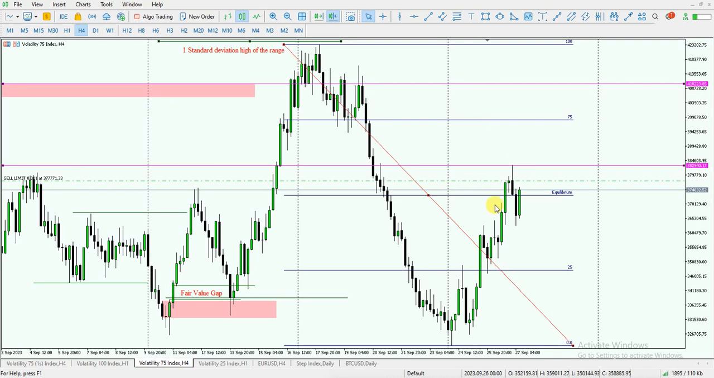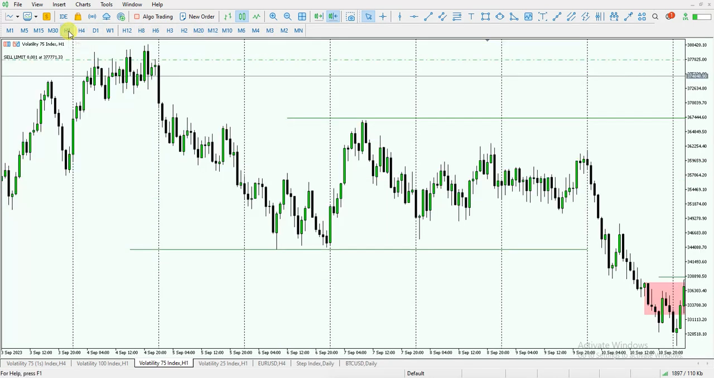Okay, now price trades above 50% of our dealing range. And what are we expecting? What I'm expecting is for price to not go further. Now let's see, after price traded into the 50% of the range, we had something that happened on the lower time frame. So let me go to